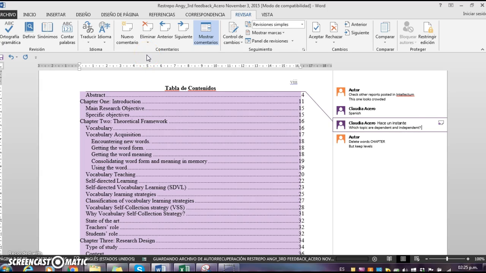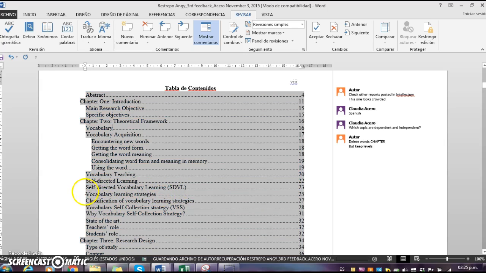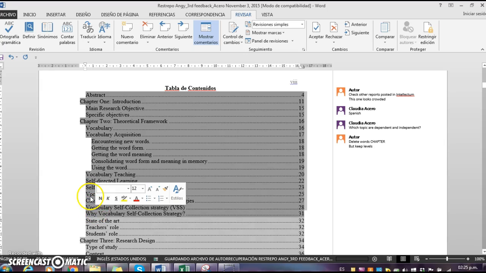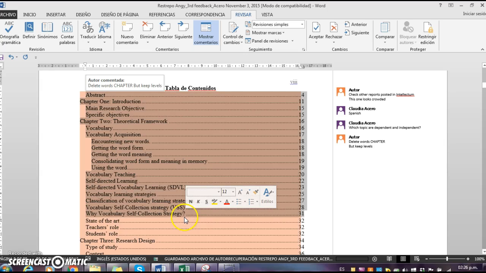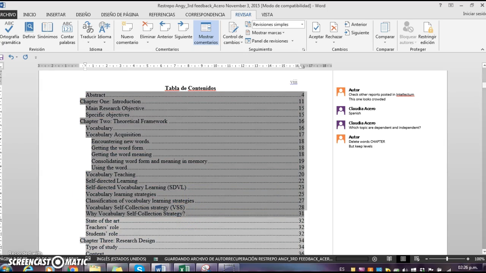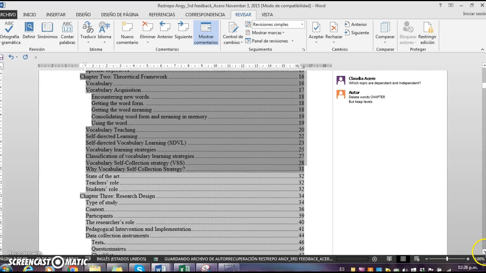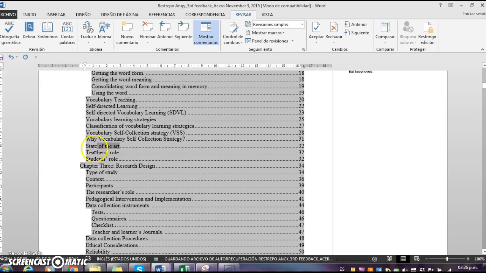It seems that you want to talk about what vocabulary is, and probably these issues about vocabulary acquisition and vocabulary teaching could be related. Same with vocabulary learning strategies; it seems that self-directed vocabulary learning strategies are dependent. So make sure the relationship among these is not like making a long list of what you have here. Be aware that what you include in the theoretical framework leads your objectives, leads your instruments, and leads the way that you analyze information. For the state of the art, again, there is a problem of organization in the text,